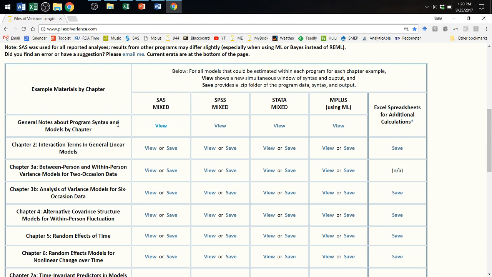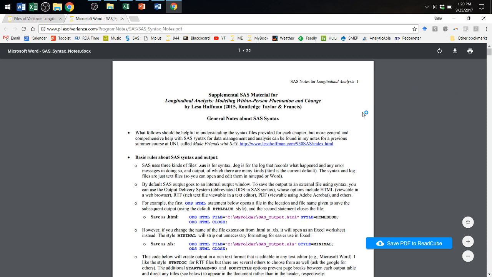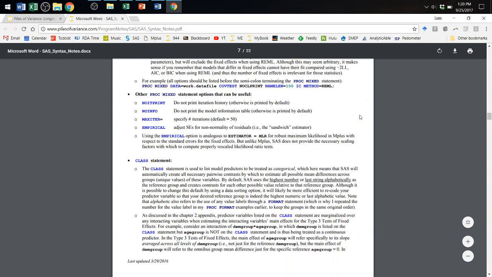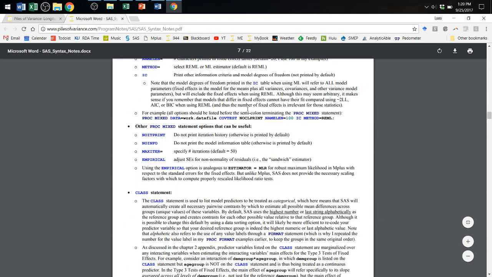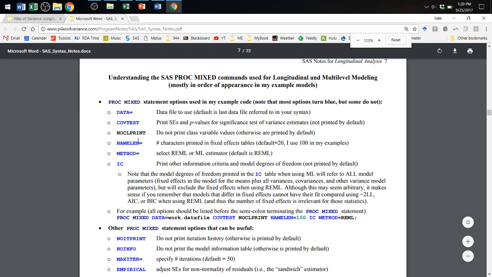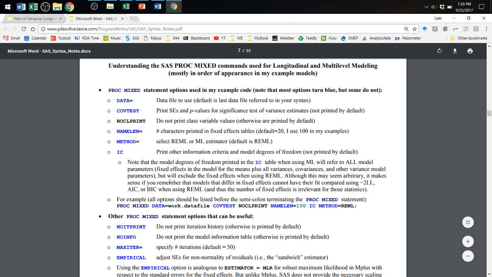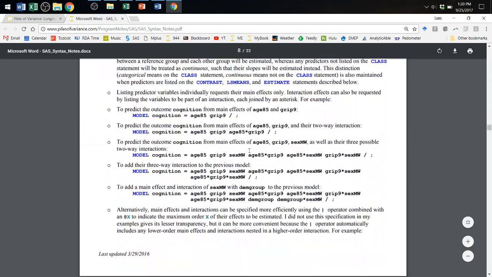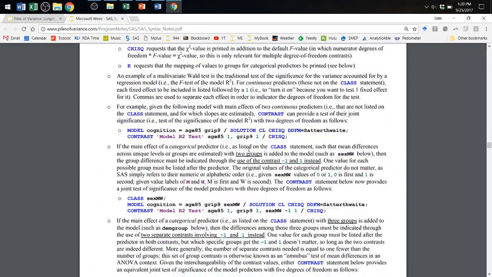Also in the top row here, you will see a general guide about syntax. Rather than annotate every single line of my code, I decided to do it once and do it in English. So for instance, if you're somebody who is trying to remember what the repeated line does in SAS, you can pull up this SAS guide, which talks about how to get your data in and make new variables, and then we get to the proc mixed section. And here I tell you what all of the options that I use in my examples do, and try to explain how they work. So for instance, if I can't remember what repeated looks like, you can come down here